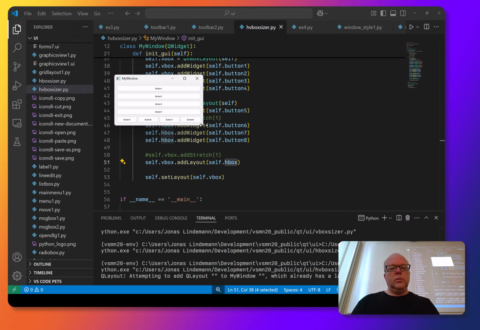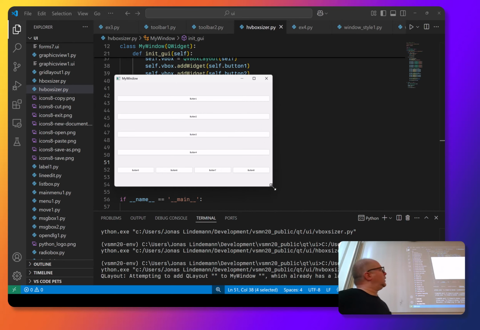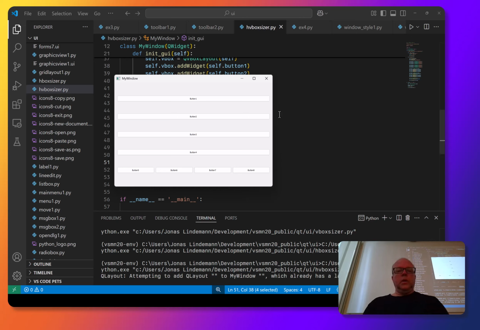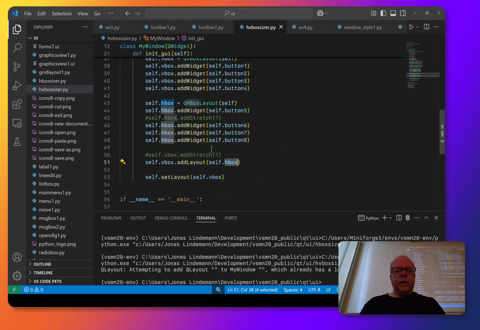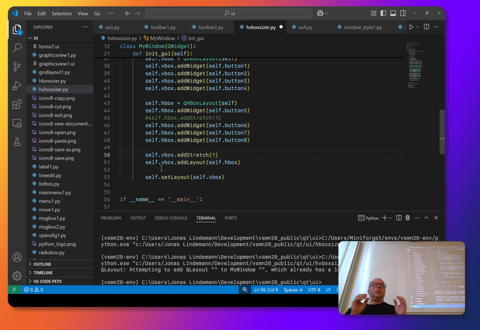It's a bit small. And if I resize this, you get this kind of effect that they stretch out. And perhaps you want some constraints here. I want the buttons to be on the top, and this final row should be on the bottom. And you can do that by adding something called stretch. And the stretch is like a spring. I will show when I do how you can use a design tool for this. There are springs that you can attach, and the springs will expand and push the controls